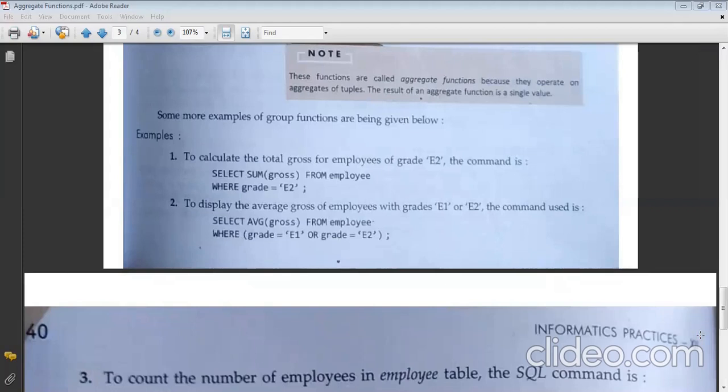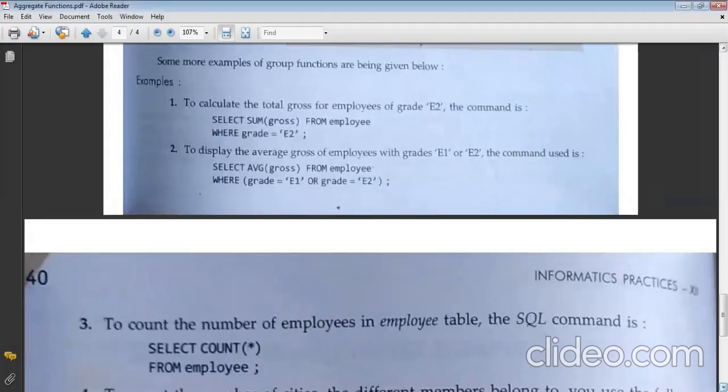What could be the answer to this? Select count star from employee. Okay, it was very easy. There was nothing at all given. You just have to count it. So you can just write select count star from employee table.